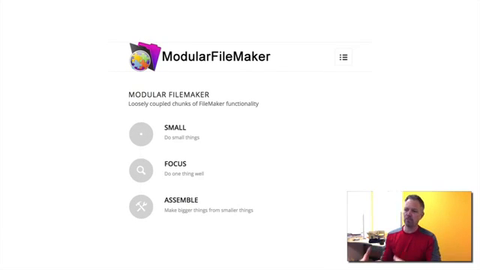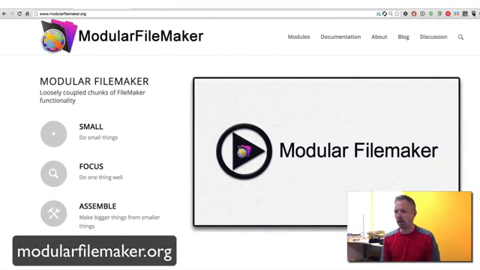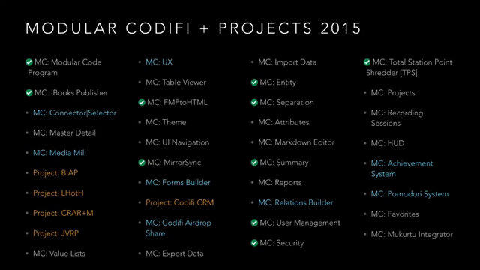So our modular approach is basically following in the footsteps of Todd Geist's really awesome modular FileMaker idea, which is to build very small things that do one thing really well that you can then assemble into a solution that is awesome. So go to modularfilemaker.org and check it all out. We're following the examples there. We're actually borrowing from a lot of those examples, and our plan is to contribute back a lot of things